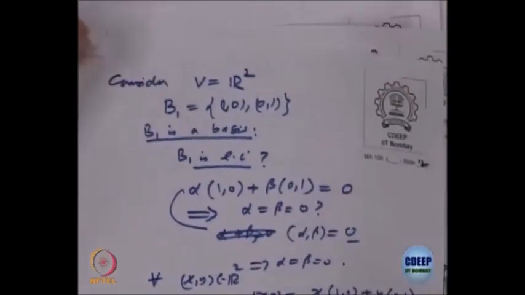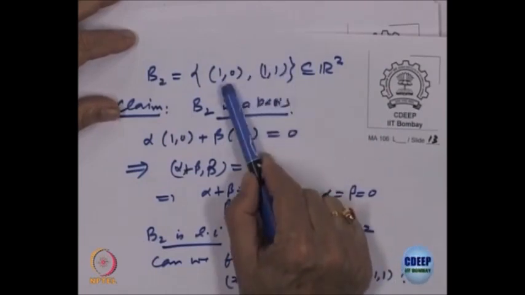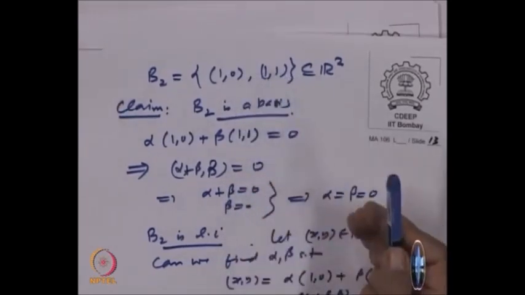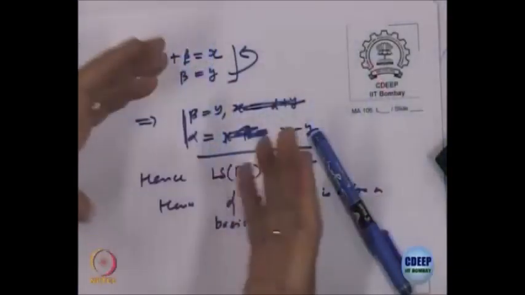Similarly, in the other example, I cannot remove either of them. If I remove (1, 1), I get only the x axis. If I remove (1, 0), what do I get? x equal to y, right, the line y equal to x. So that is not the whole plane, right. If I add one more, then it does not remain independent again, the problem, right. So in R2, however different the bases are, the number of elements is the same, that is 2. So you will say the dimension of R2 as a vector space is 2.